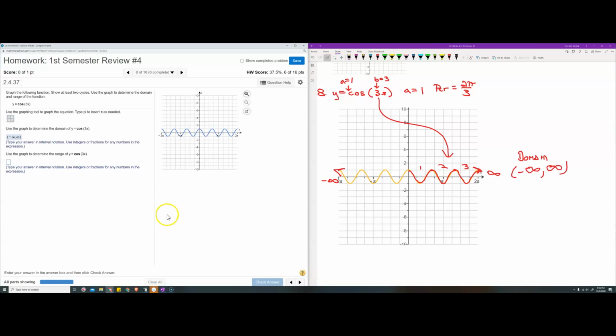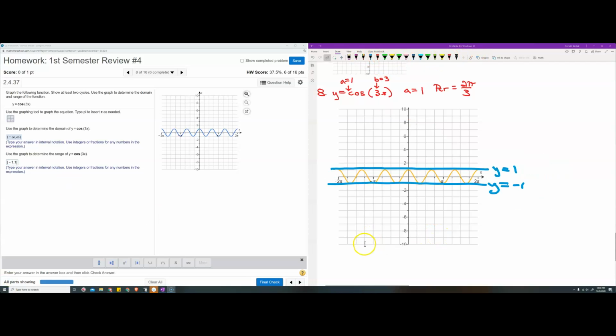Then it says, well, what's the range? Well, the range is how high and low it goes. Okay, so the lowest value on this graph would be where it touches y equals -1, and the highest value is 1. So we express that range,